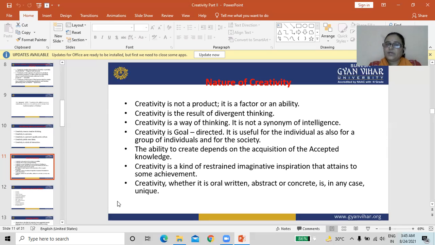Creativity is goal directed, or creativity is the ability to create acquisition of accepted knowledge. So these are some of the nature of creativity.